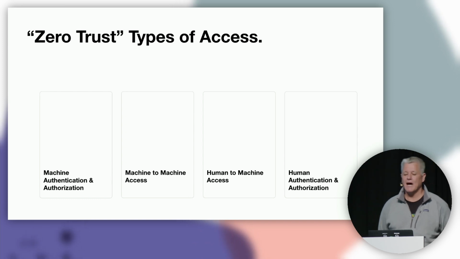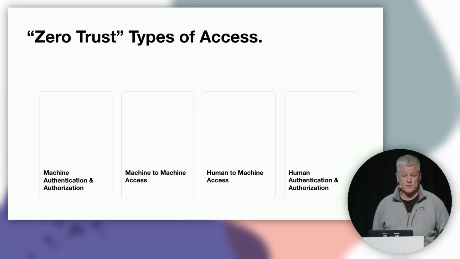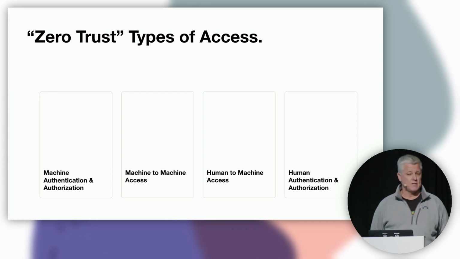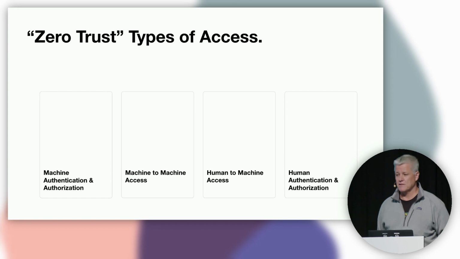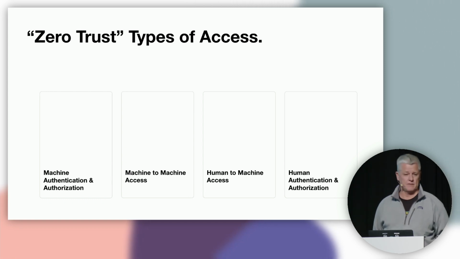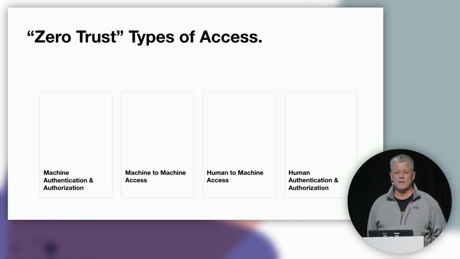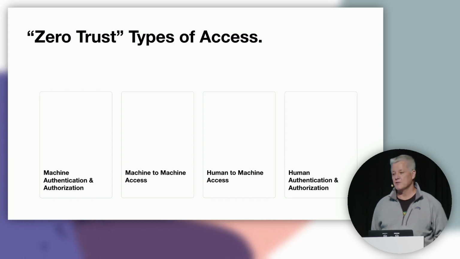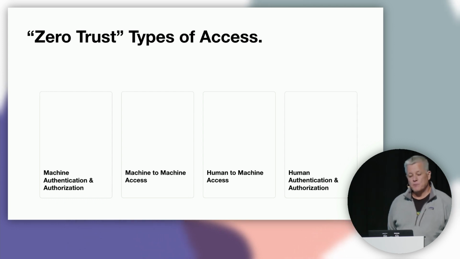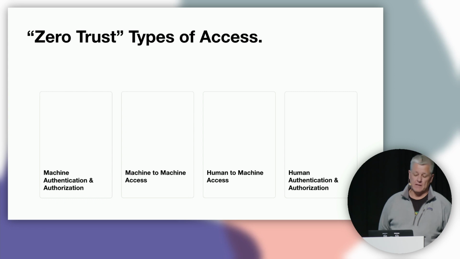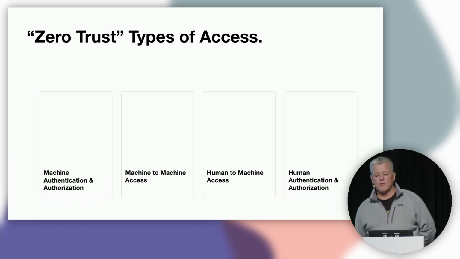Then the third type is human-to-machine access. So how do you regulate which user, or person, if they need to, should have access to a machine? Now, ideally in a cloud environment, you don't want that. You want people to never touch your machines in the cloud. If it doesn't work, destroy it and recreate it. Right? That's what you want ideally in a cloud, because then no human touches, there are no last-minute dev changes in prod on the code in the system, which I've lived through myself, so part of this gray hair on my side here is from that. You want to allow people access only when they need it, again, identifying themselves. And the last part of this access is human authentication and authorization.